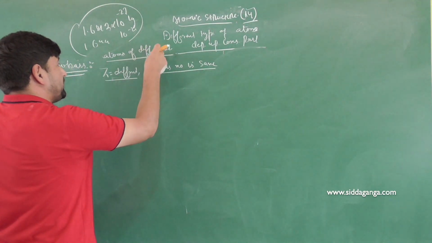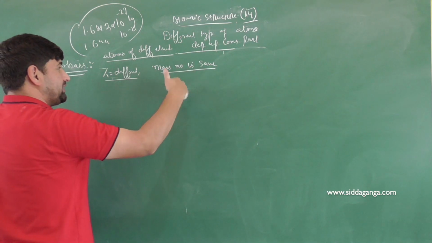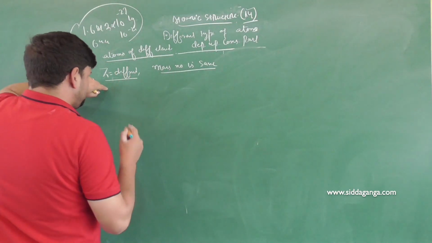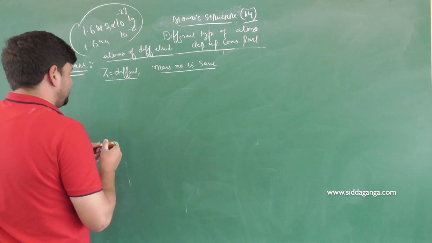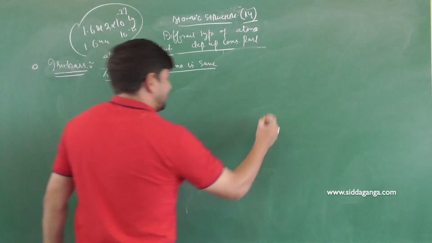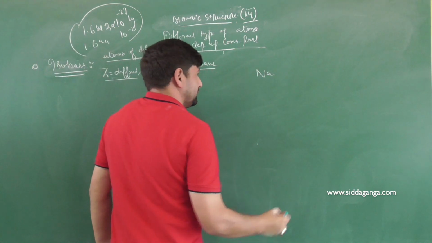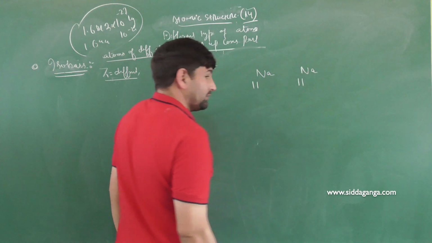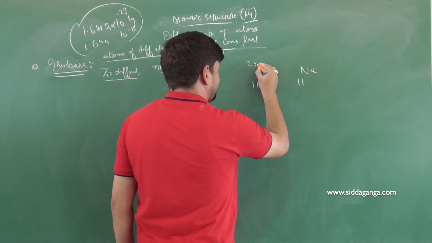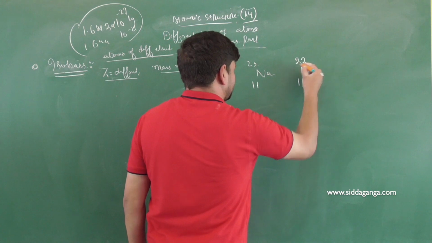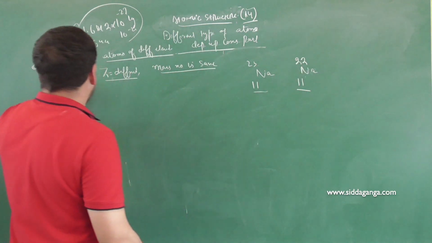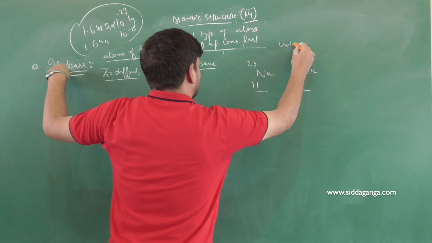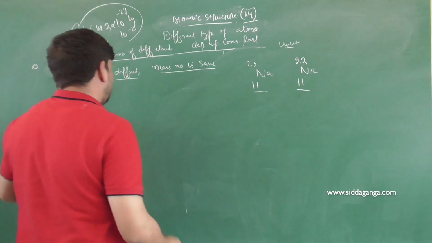If these are atoms of different elements, naturally their chemical properties will be different because their electronic structure will be varying. Suppose we take an example of sodium. Sodium has atomic number 11, and the mass number of sodium is 23. You can even have 22 as well. So the atomic number is the same, so definitely it will not fall in the category of isobars. This will fall in the category of isotopes because these are atoms of the same element.